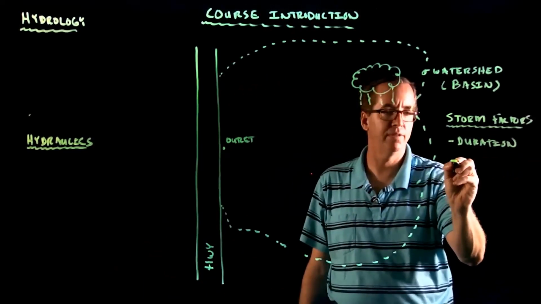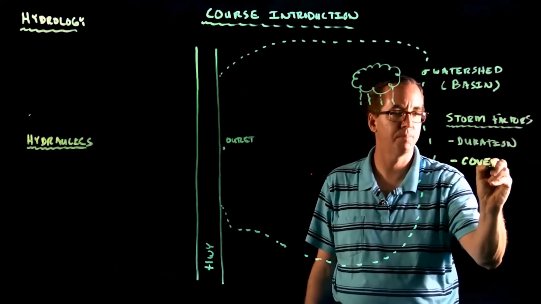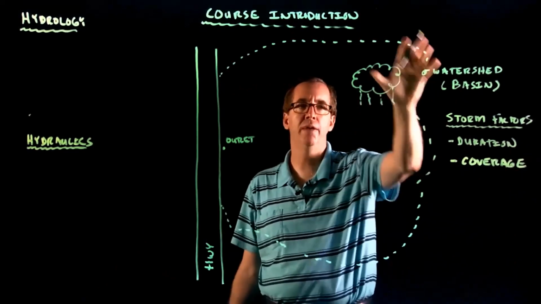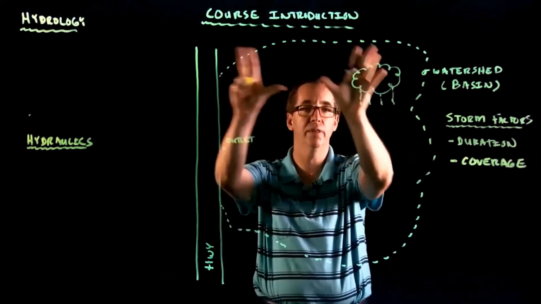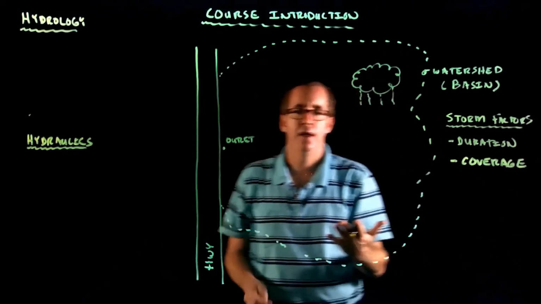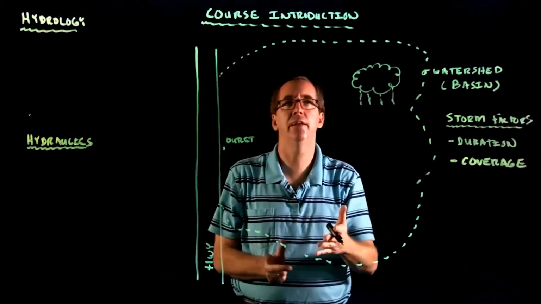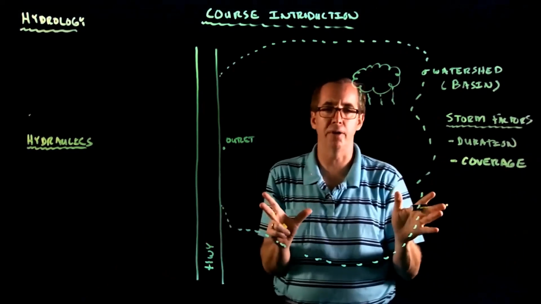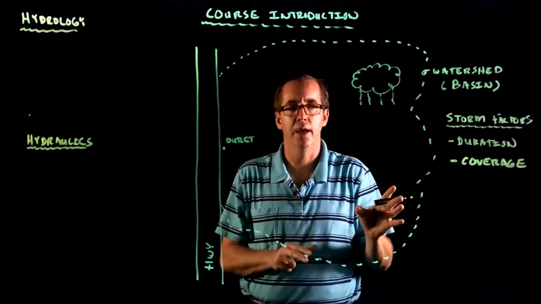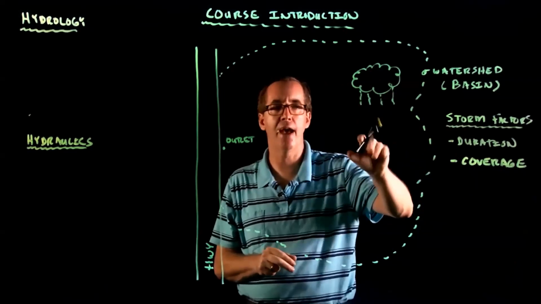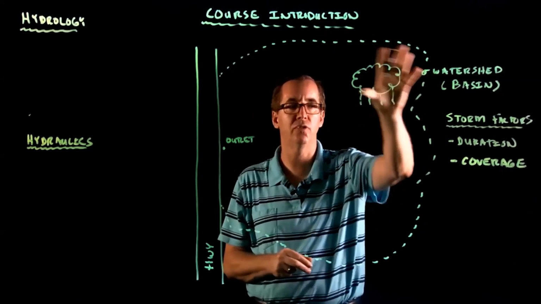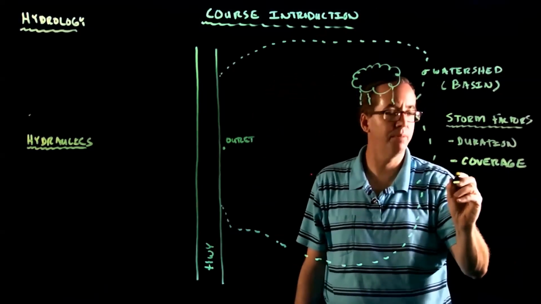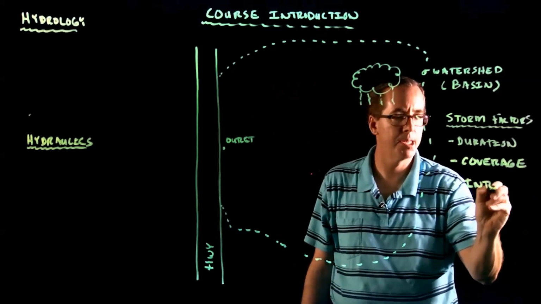Another issue that we have to consider is the coverage of the storm. What I mean by that is, is the rain only affecting this part of the watershed, or is it covering the entire watershed? For example, think of when you've been driving along a highway in a driving rainstorm, and then all of a sudden it's like you cross this magic barrier and there's no rain whatsoever. That's actually a huge factor: whether we have precipitation in the entire watershed or just a portion of it. So the coverage is a big thing. The other issue that we think about is intensity.